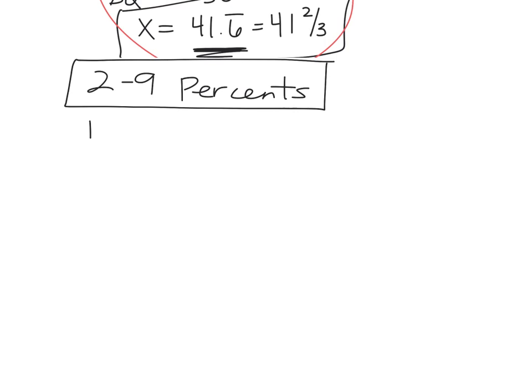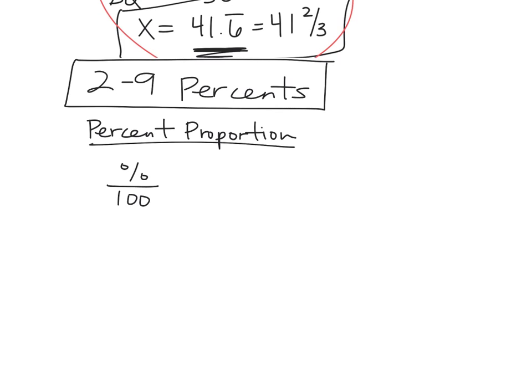So if we are setting up a percent proportion, the way I set it up is this. I do percent over 100 equals is over of, okay? And that may not make any sense to you right now, but I will make it make sense to you in just a minute. Or if you want to do it the book way,